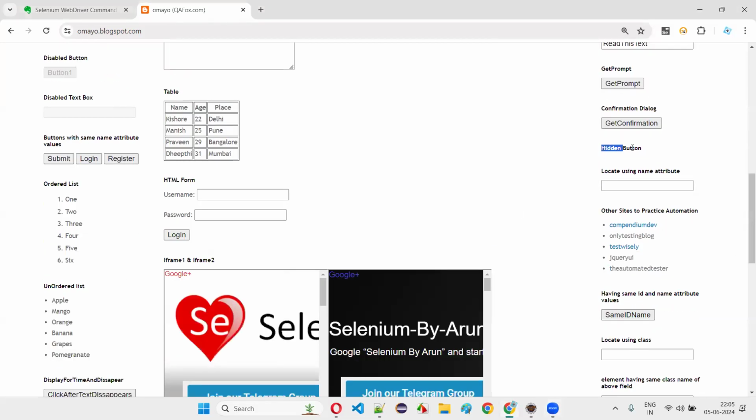Yes. Can you see a label here, guys, like a hidden button kind of label? Here there is a button. Can you see the button on the page under the hidden button label? No. But if I inspect this particular label, and go to the HTML